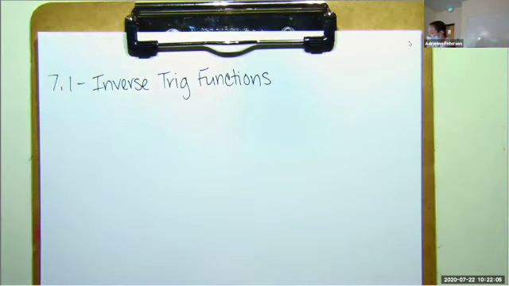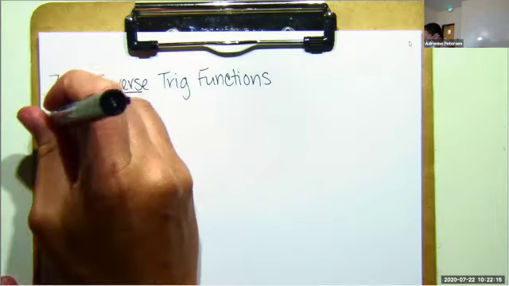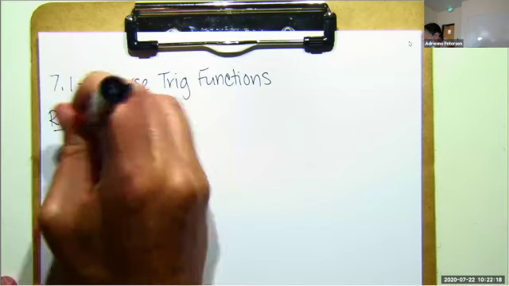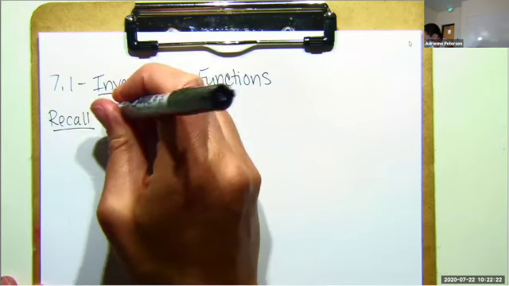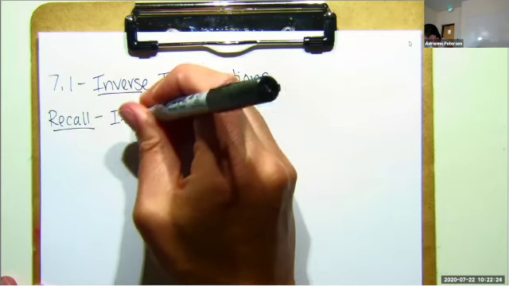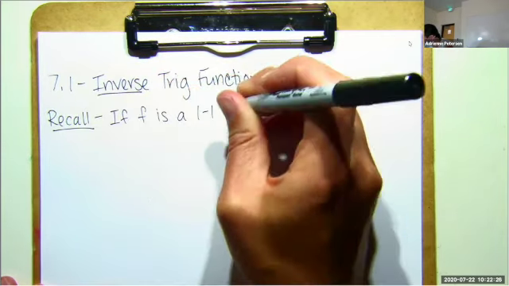So first up, let's talk about this word inverse. In Math 126, we learned about inverse functions in chapter 5. I think it was section 5.2. So here I'm going to write recall, and I want to give you a brief recollection of what an inverse function is. Recall for Math 126, if f is a one-to-one function,